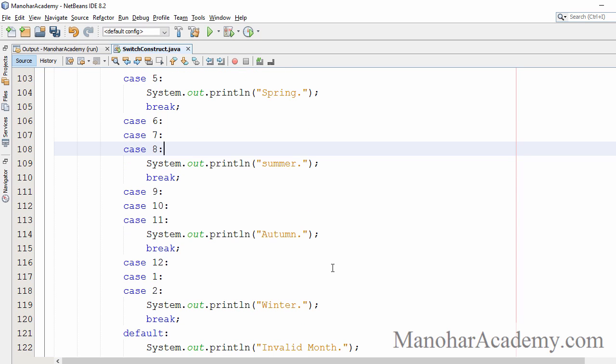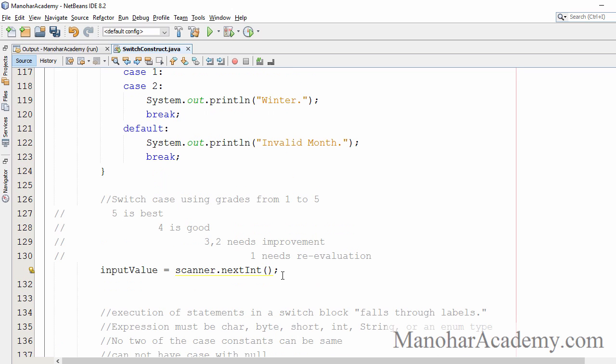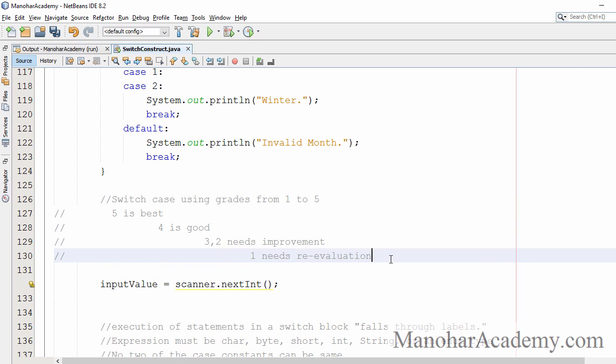Okay, now let's write a switch statement for ourselves instead of generating something using NetBeans. Here we are reading a value. Let me print the message again, because this time we want a value between 1 and 5.